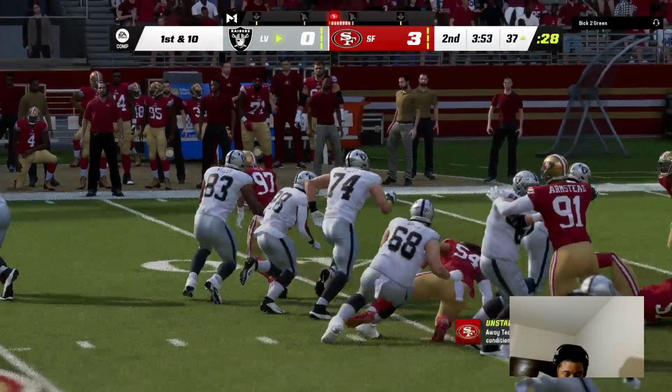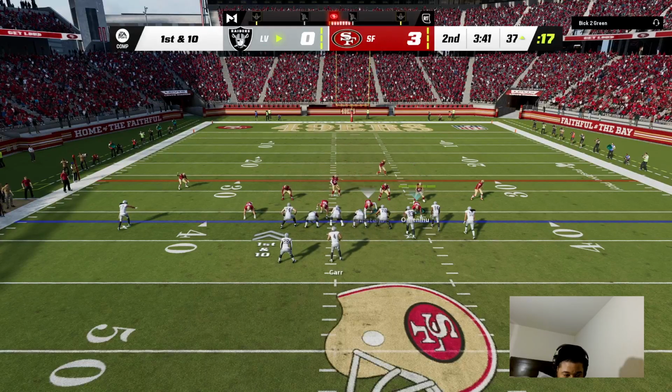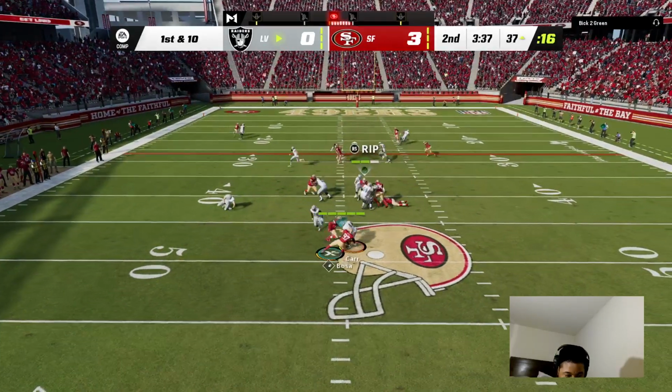Well, partner, what do you think? Might have been 4-down territory if they didn't pick it up, but... Yeah, it's a moot point now. I was curious, so if they didn't get it there, would they have gone for it? I guess we'll never know. Yeah, we didn't have to...